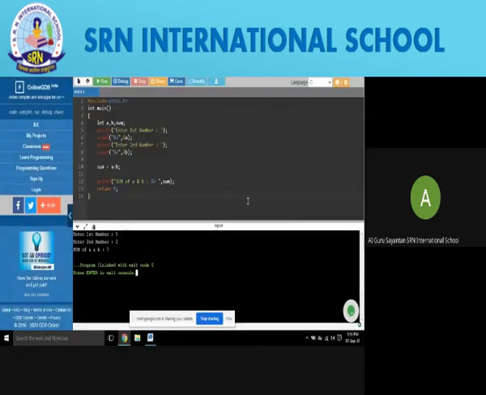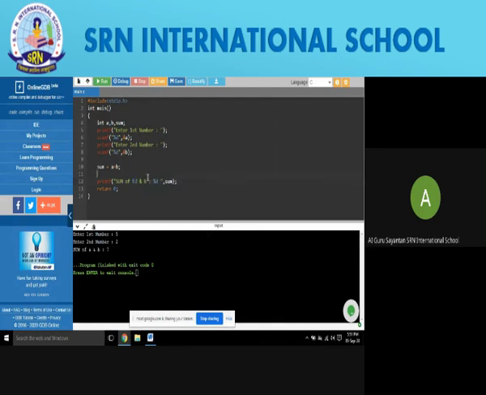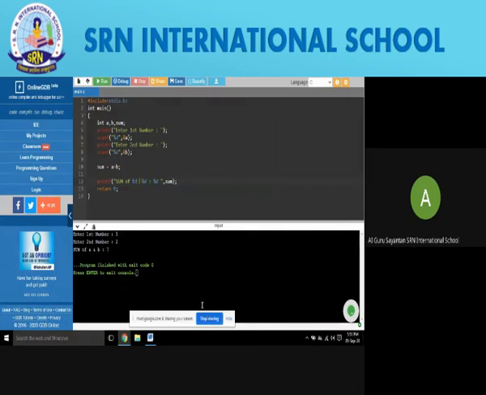Now we can do some small changes in this code also to give some more details to our output. Like we can change sum of A and B with the sum of %d plus %d is equal to %d.